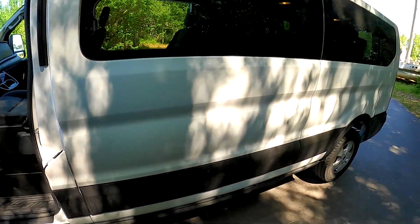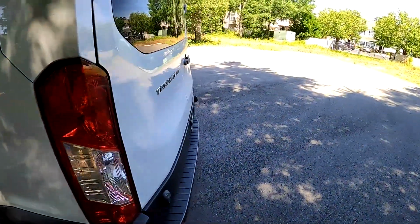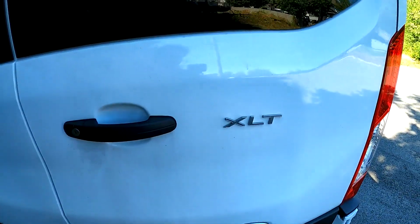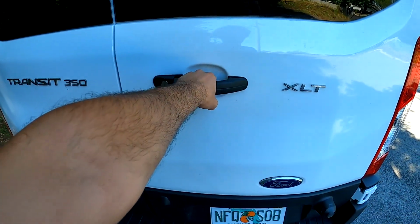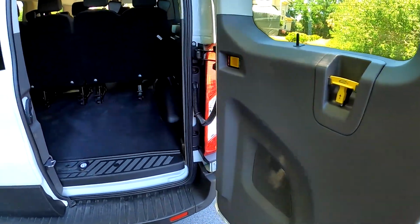Let's go around and take a look at the back of it though. I mean, even though you have all this passenger space, so it's Transit 350 from Florida, XLT, so you get a little bit nicer interior. That's another one. Another thing with the door. This one, like, you think it's locked, but you just have to really pull on it to get it to open. Then you get